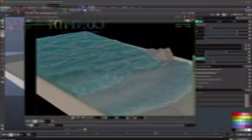I'm going to do another render. And then we're going to move on to adding the foam. So let's hit render again, and